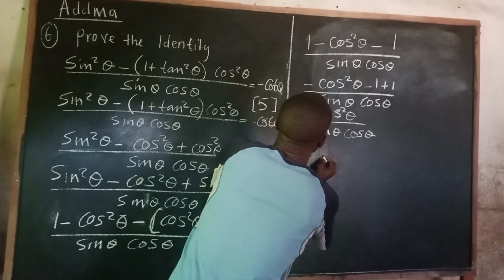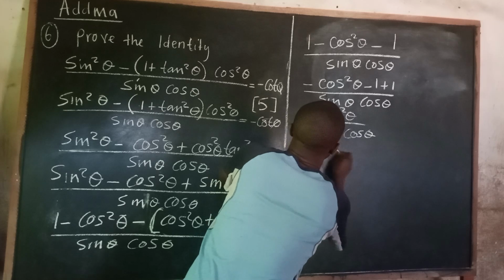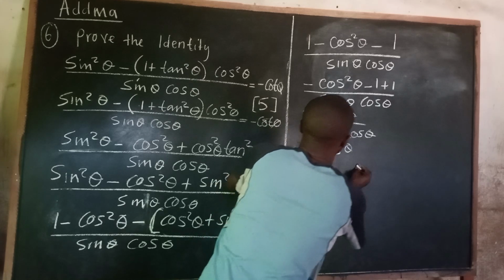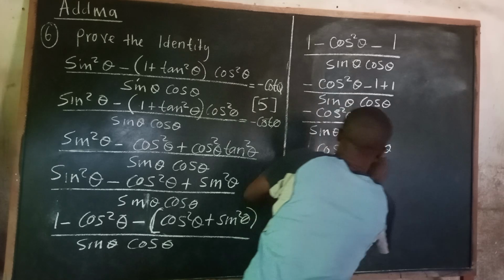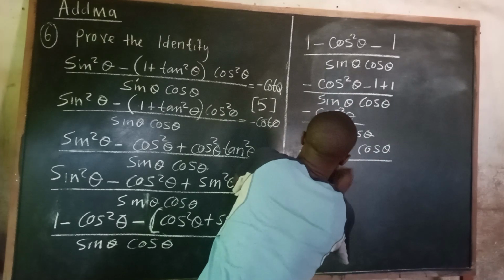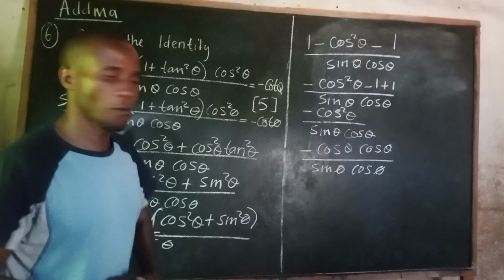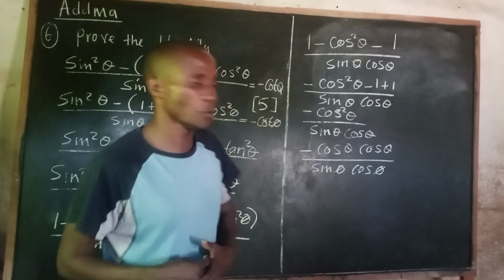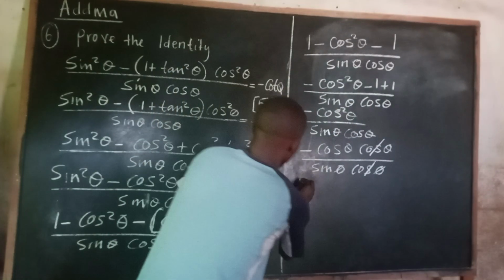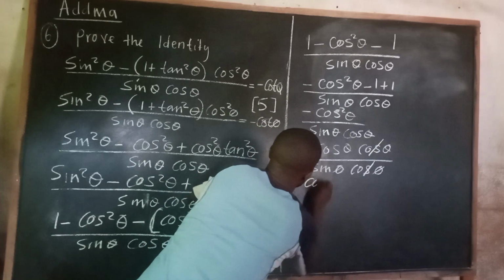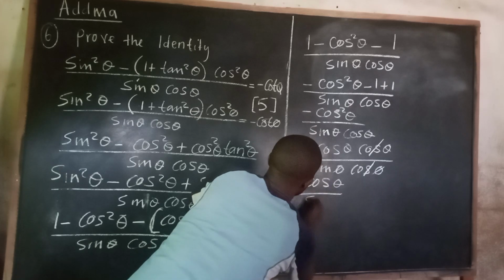So we have negative cos theta, then cos theta over sine theta cos theta. Okay, then from there, this one is going to cancel each other. So this one and this one will go. We are going to remain with negative cos theta over sine